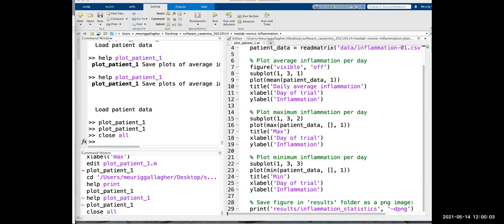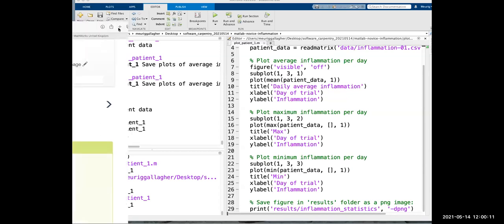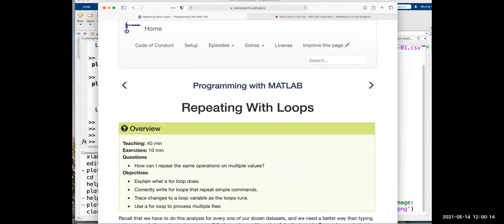So I don't think we're going to get through the whole of this next section, but we'll start through and we'll see how we go. So this next section, I'll just bring it up here, is repeating with loops. So as we've already kind of glossed over, computers are super good at doing repetitive tasks and doing things very, very, very quickly, as long as we set them up right. So things like repeating the same operation again and again and again, millions of times. It's very difficult for us to do as people, but very easy for computers to do in a very short period of time. So this is really where computers start to come into their own.